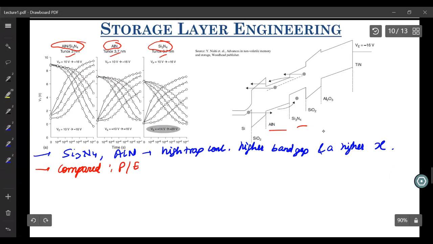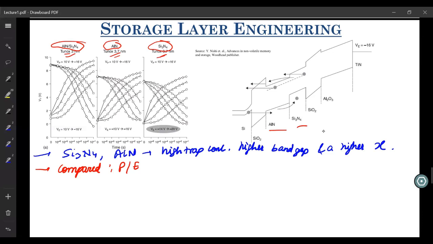Why are the tunneling oxide thicknesses different? So as to have a uniform EOT. I mean, the effective oxide thickness has to be same for all these three stacks. Why the effective oxide thickness has to be same? So as to maintain the same electric field. If your effective thickness is changing just by introducing different dielectrics, then your electric field will be different in different stacks, and that won't give you a very clear picture. So to have a fair comparison, they also change this tunneling oxide such that you have an equivalent electric field, and then you compare their performances.